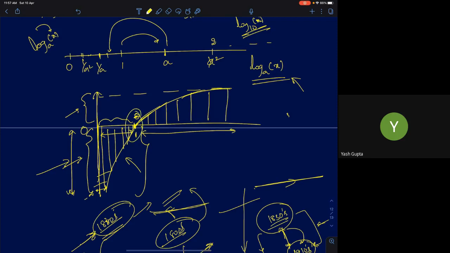Your 1 now becomes the center of the logarithmic universe. 1 becomes 0 in a logarithmic function. If you take log of 1, it will be 0. That's exactly what we need in an amplifier. If the gain is 1, there is no amplification. If the gain is greater than 1, there is amplification. If the gain is less than 1, there is attenuation. So that's why logarithmic functions clearly capture attenuation, amplification, and no amplification as well. If there is no amplification, the log function is going to give me 0. So that's why we'll apply logarithmic functions.